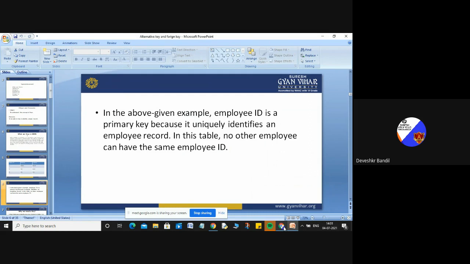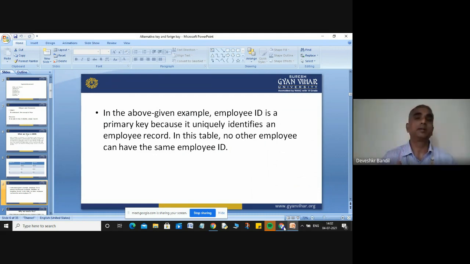So your teacher ID is unique, your teacher Aadhaar card is unique, teacher PAN card number is unique, teacher ITR number is unique, teacher license number is unique. To identify a unique record of your teacher, you can make any column your primary key, and also you can make more than one column your primary key.